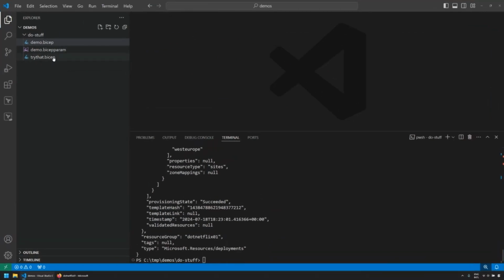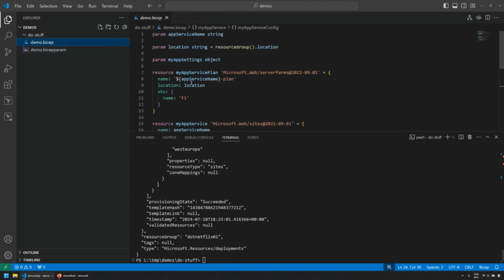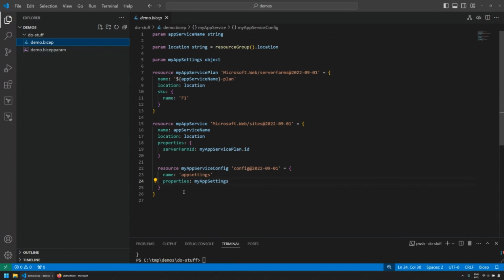So I'm going to remove this try that thingy, and I am going to go to my demo.bicep and show you something that a lot of developers do, but often turns out to be not very handy in the long run. What I did for my app service is that I need to specify a configuration. And that's that final resource here at the bottom. Now that resource actually takes an object with key value pairs that specify the configuration for your resource. Now many of those settings will probably come from your parameters.